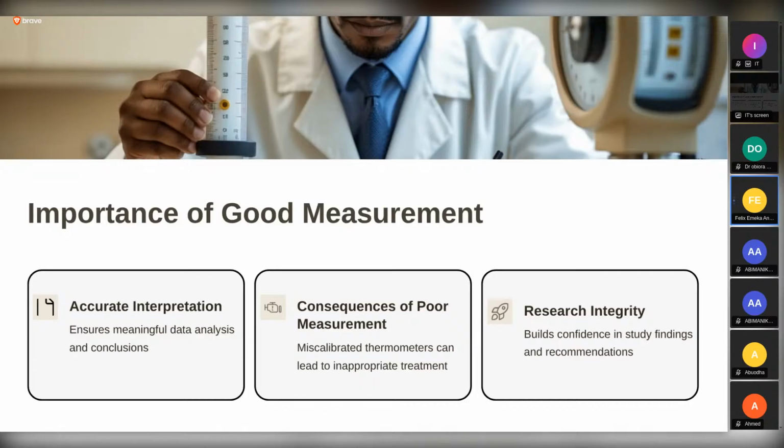But there are variables that have decimals. That's why they are called continuous. Examples are weight, height, BMI. They have decimals. But a lot of times we treat age as if it's discrete. You ask somebody, how old are you? And the person will tell you, I'm 20 years old, or I'm 30 years old, or I'm 21 years old.